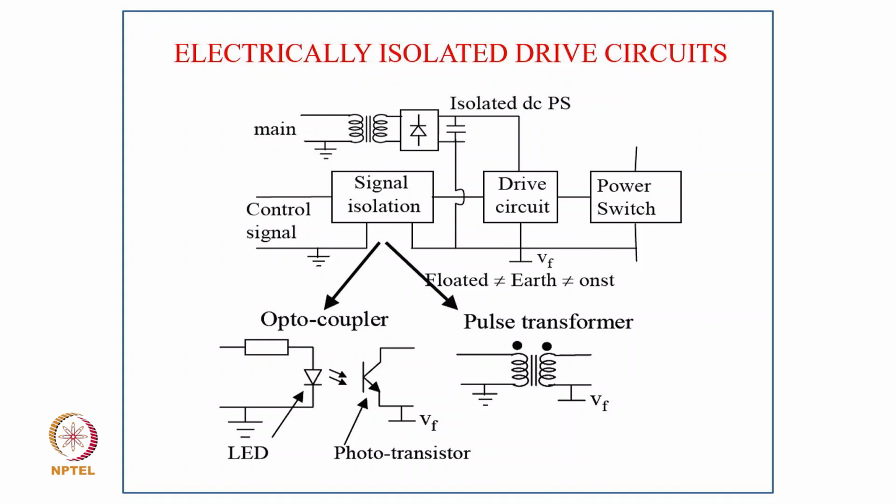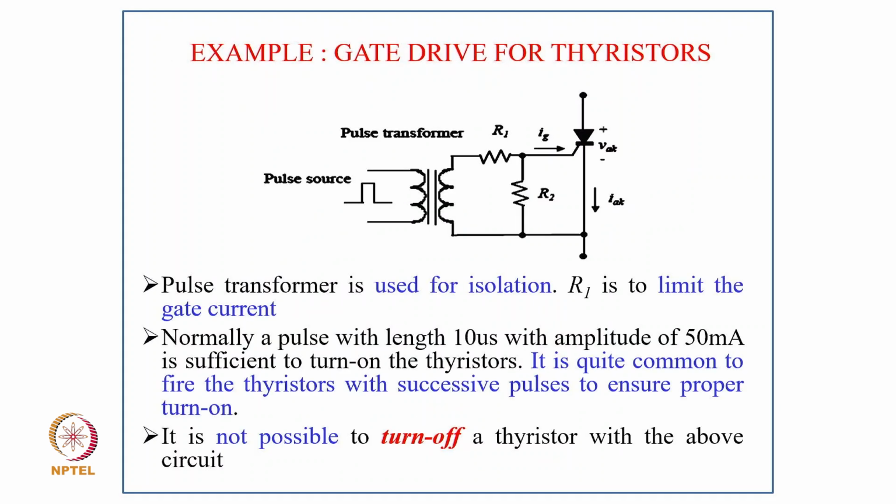The enough energy or power may be there for turning on the thyristor family or triac. But in case of the optical application, on the secondary side, of course, we need a power supply, which is provided by either a main frequency transformer, as isolation is shown, or we normally use a switch mode power supply of low power rating, typically of the order of 1 to 5 watts, which is enough to drive the individual switch, and they are all isolated for every switch, depending on the configuration of the power circuit.